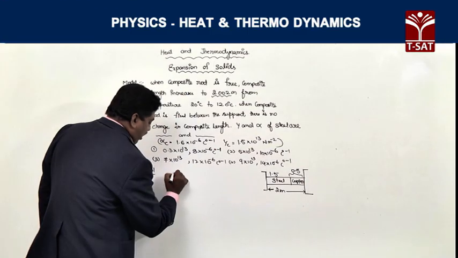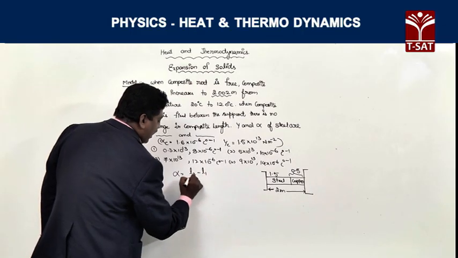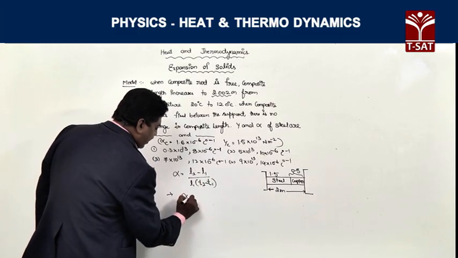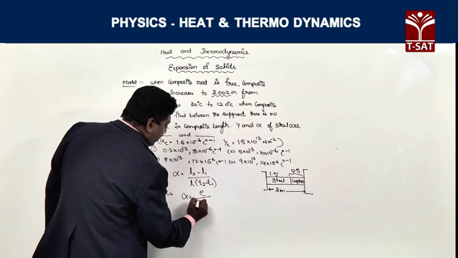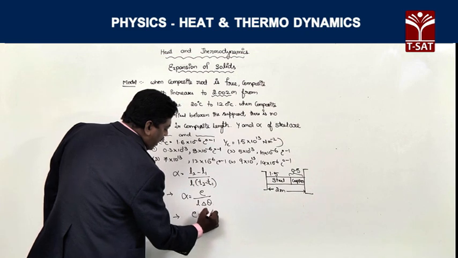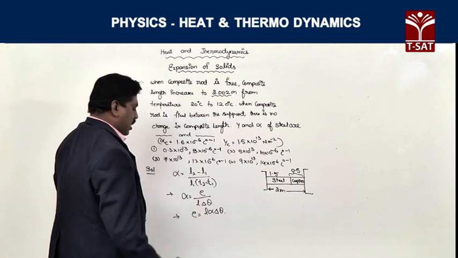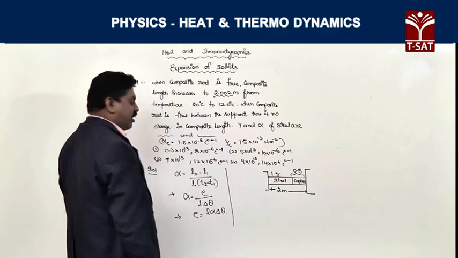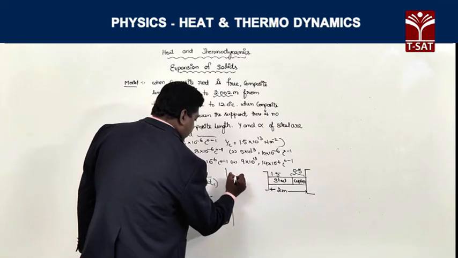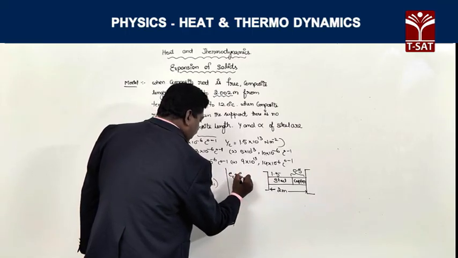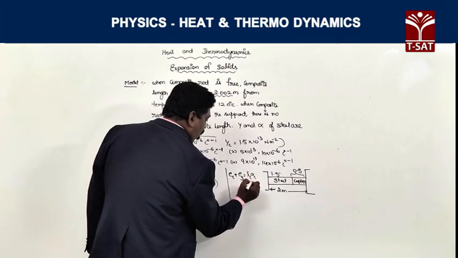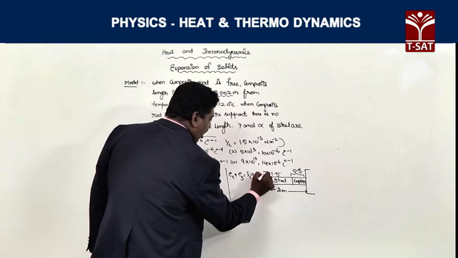We know very well that alpha is equal to L2 minus L1 by L1 into T2 minus T1. This can be given as alpha equals E by L delta theta. From this we can write E equals L alpha delta theta. Now the situation is of two different materials. So we can write it as E copper plus E steel is equal to L copper alpha copper plus L steel alpha steel